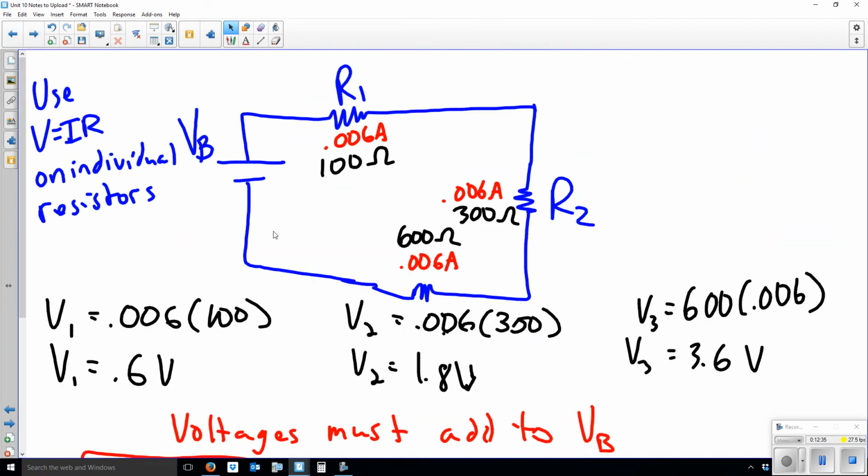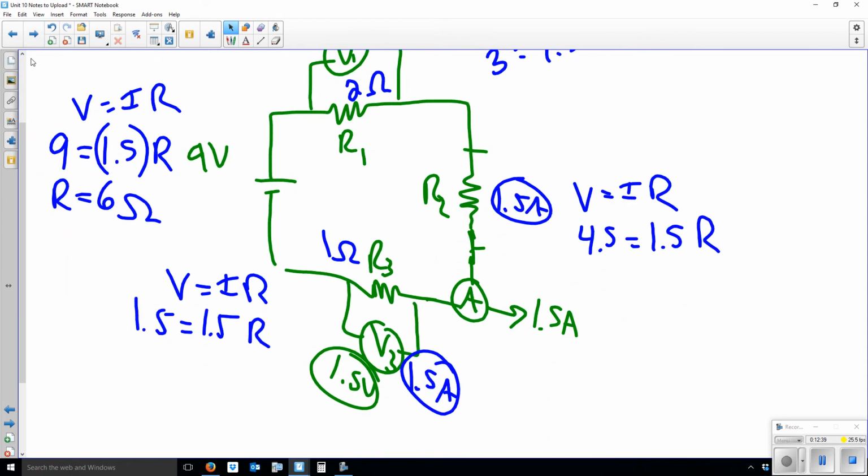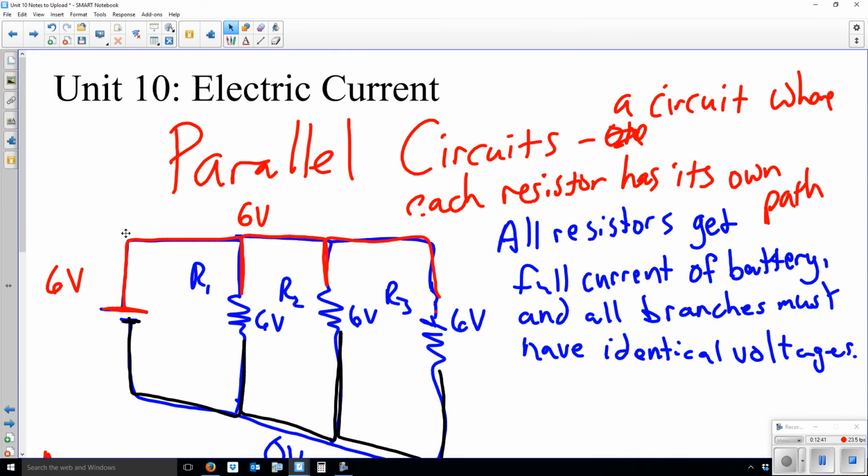A couple more little ones for you, but we also have what are called parallel circuits. This is where we get a separate branch, a separate path that can be taken through every single resistor. Each resistor gets its own path, and because of that, all the resistors get the full,